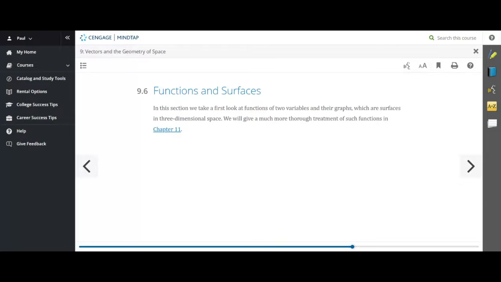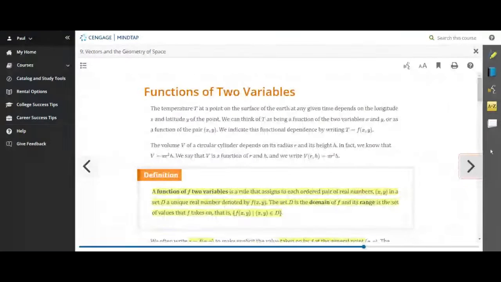Okay, class. So in section 9.6, we are talking about functions and surfaces. Right now, in the past, you've had y as a function of x. y equals a function of x. But what if you had a function of two variables? What if you had a function of two variables instead of one? So in other words,